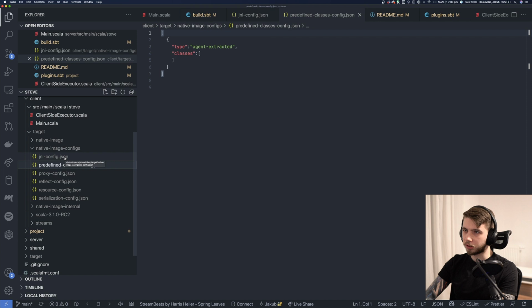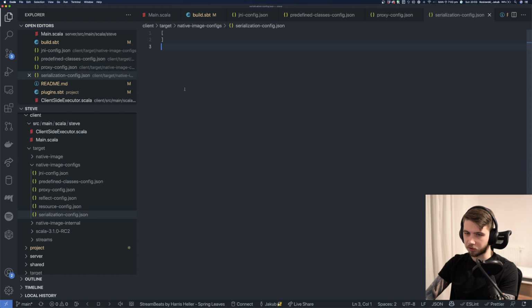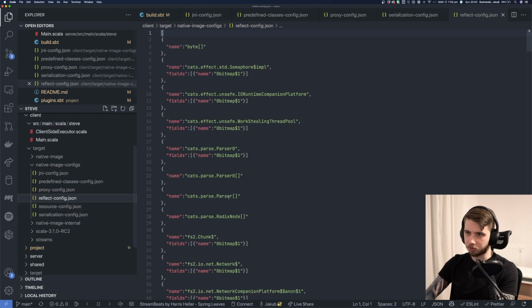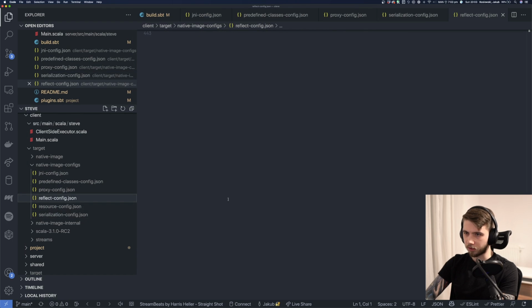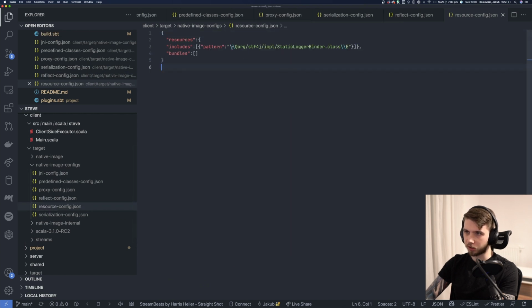Then we have predefined classes, which is empty. Proxy config, which is also empty, even more empty. I'm just going to skip these two for now. And serialization config is also empty. So then we have reflect config, which has a lot of stuff. I think we might need that one. And resource config, which does mention the